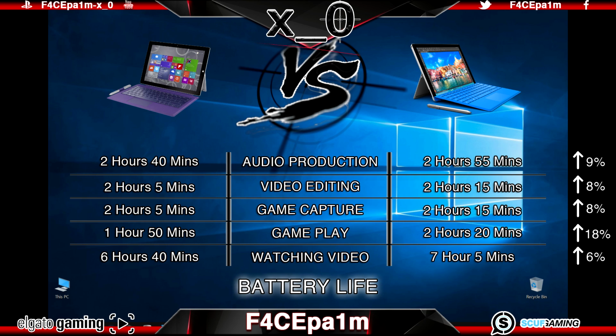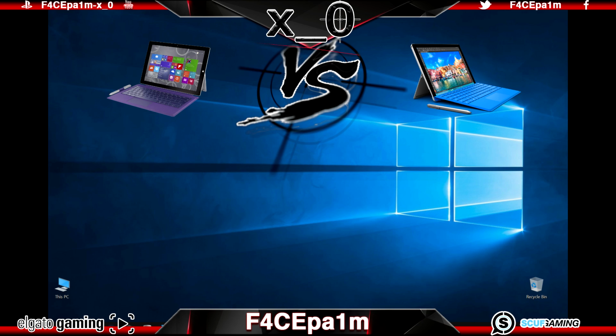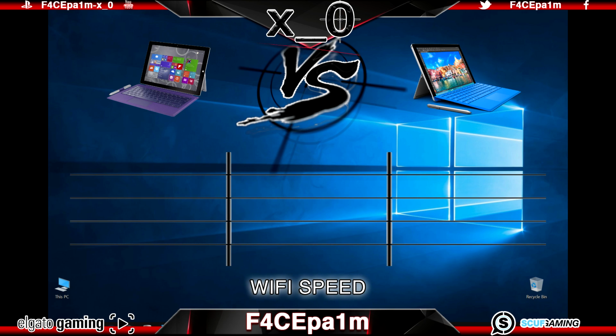But then moving on, another question I had when deciding whether to buy the Surface Pro or not was, how fast is the Wi-Fi? Well, I did a number of quick downloading and file transfer tests over my home Wi-Fi network. Now, I need to point out that the speed of internet here in Australia is not too fast compared to the rest of the world unless you live in the sticks and you have NBN already. If you take this into consideration when looking at the results, it will give you a better understanding of the